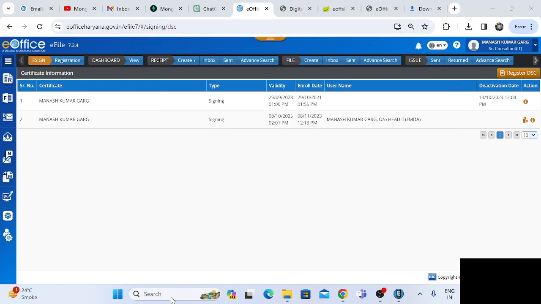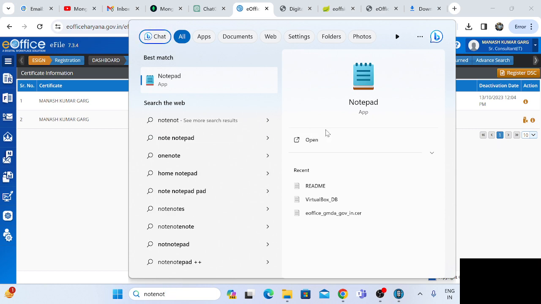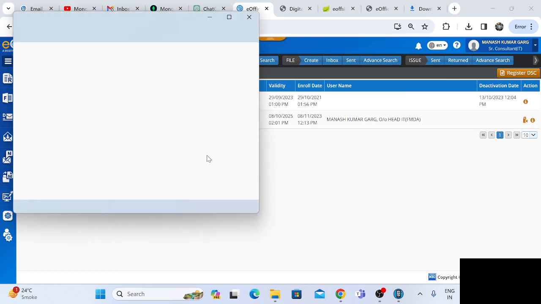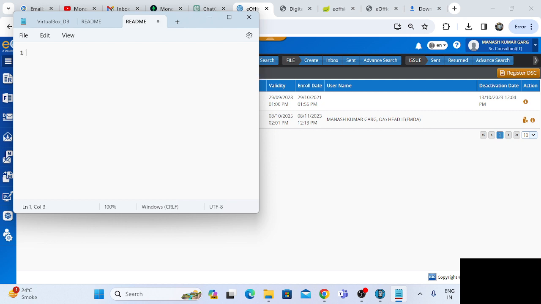Let me make a short note on how to do DSC registration. The first one is to install the DigiSigner digital signer service from eoffice.gov.in.